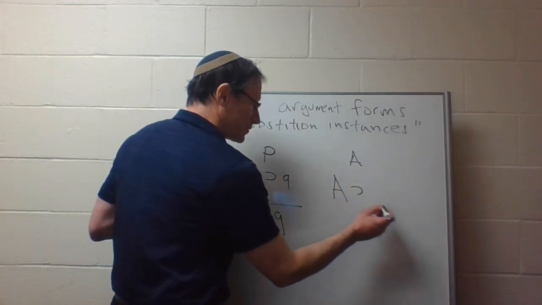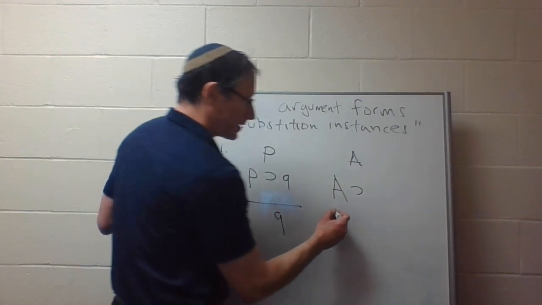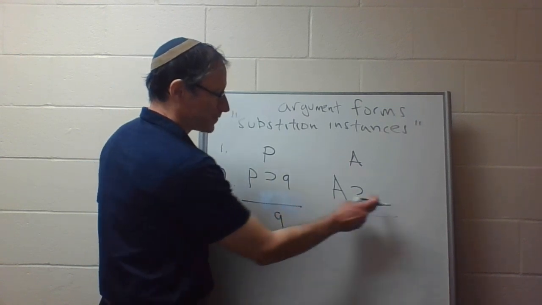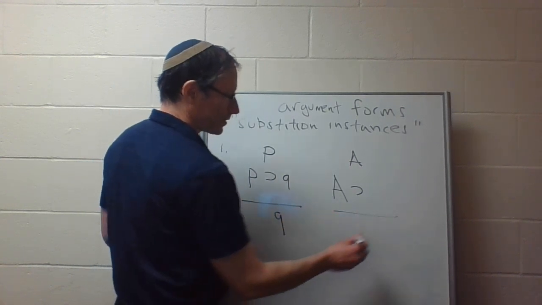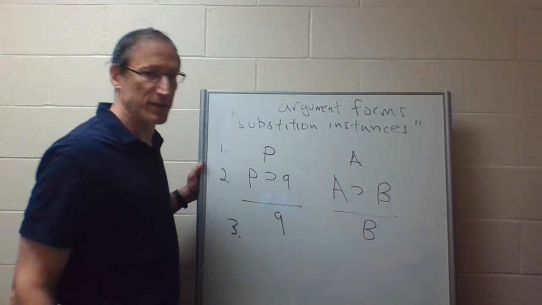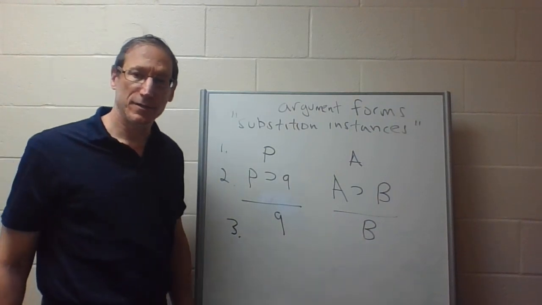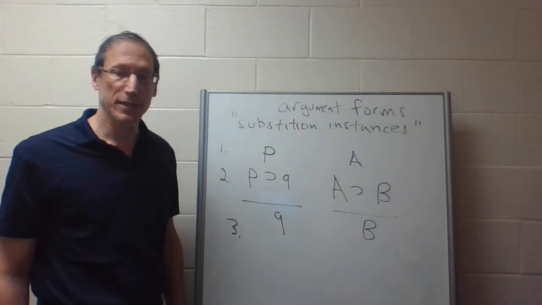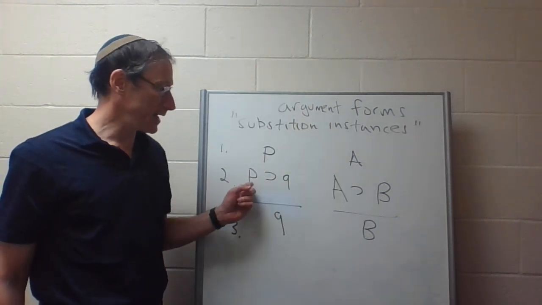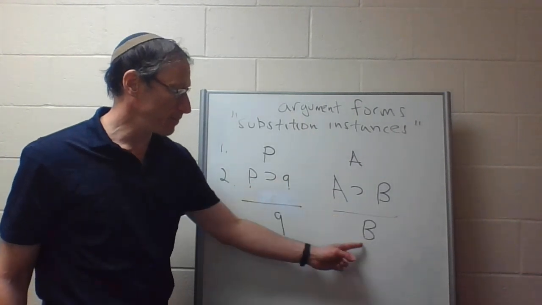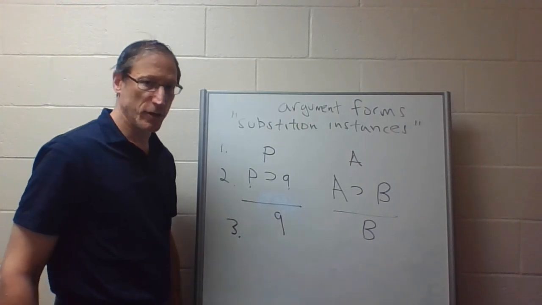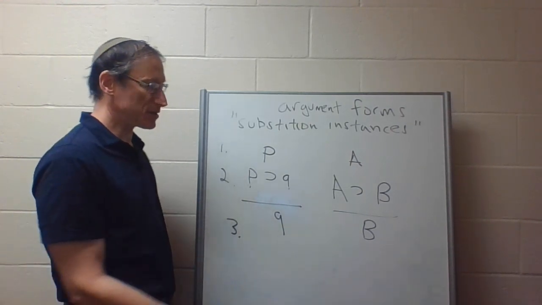And I can let Q stand for anything. Whatever Q is, in order for it to be a good substitution instance of this argument form, whatever Q is over here, it's going to have to be the same thing down here. So obviously this is clearly a correct substitution instance of this argument form. I'm letting P get substituted by A, and I'm letting Q get substituted by B, and I keep everything else the same, that is to say the horseshoe,